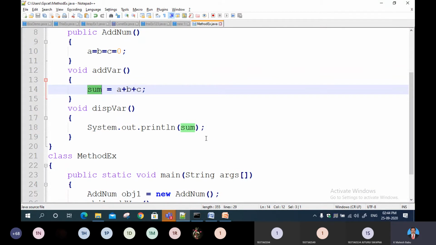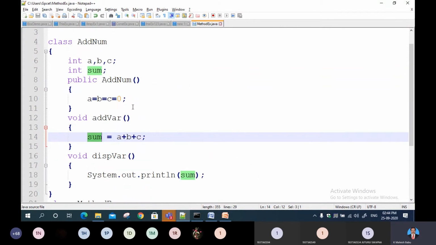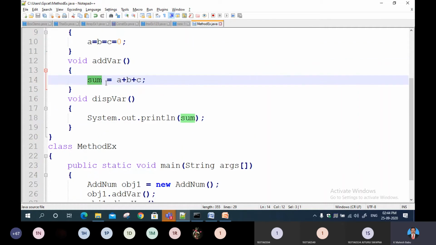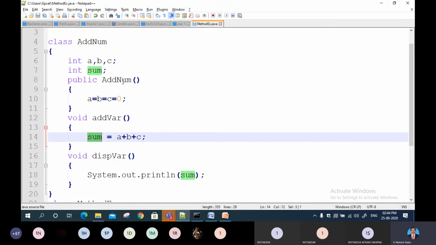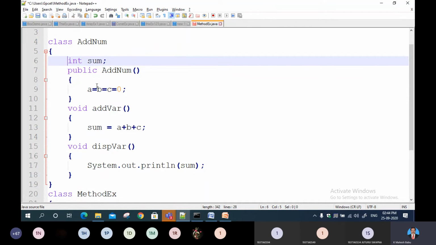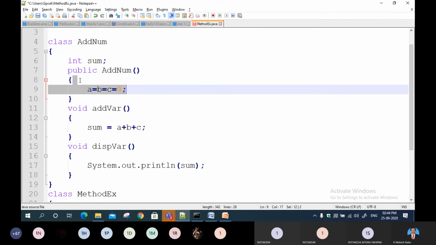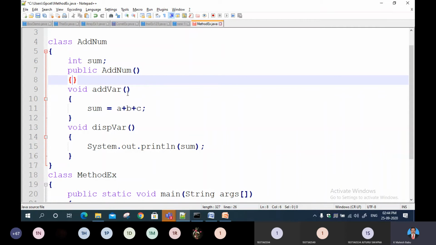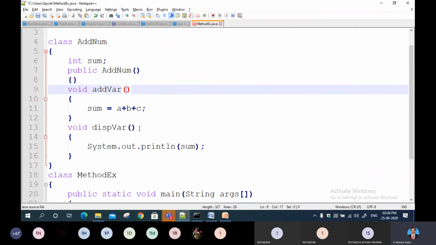Right. So next, here I am going to do some modifications. The first thing is I want to give different values to these different constructors. That's one method, or else I can pass the parameters to the existing one. So I remove this information. I just need only sum, and I don't want even this. So nothing more in this. Just open and close parentheses. No statement here, and here addVar.